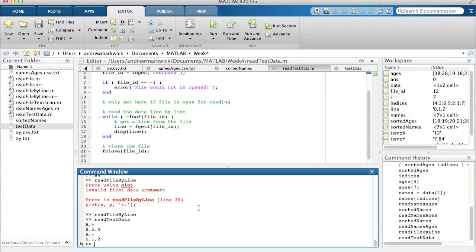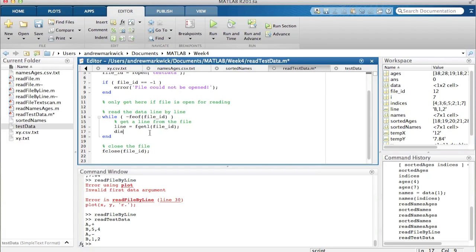Okay, so it's reading the file correctly. That's the first thing. Now I want to extract the letter from the first comma. So let's